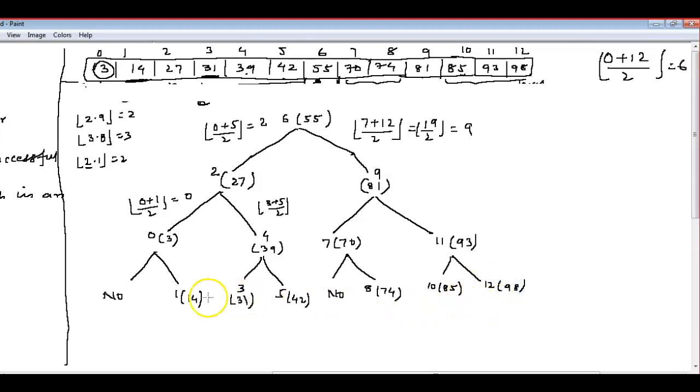Okay, so you got the tree here, and this is what? Not a complete tree. This is not a complete binary tree, but this is a binary tree. Complete binary tree means all the levels should be fulfilled. Here this level and this level are not fulfilled, so this is not a complete binary tree. This is a binary tree but not complete. Okay, so we constructed it.